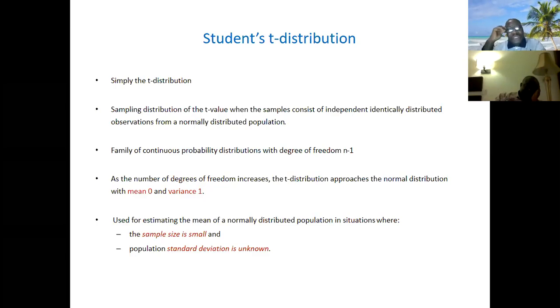So it's a family of distributions, and it's a continuous probability distribution. When we say something is a family of distributions, it's not like the standard normal distribution, which is just one. The standard normal distribution is universal. But whenever you say a distribution is a family of distributions, it means there are different types based on the degrees of freedom. We're going to talk about it. So it's a continuous probability distribution.